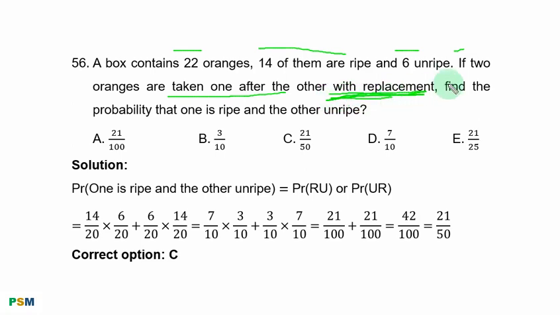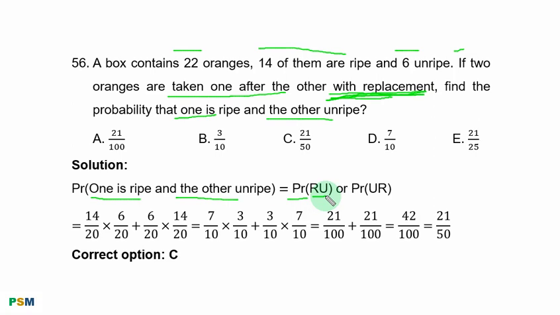Find the probability that one is ripe and the other unripe. Solution. Probability one is ripe and the other unripe is equal to probability first ripe, second unripe,